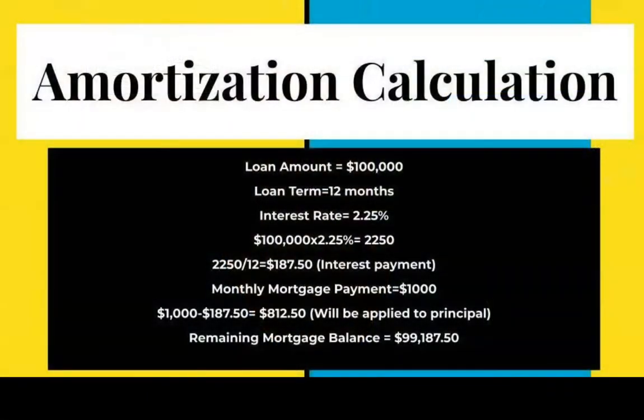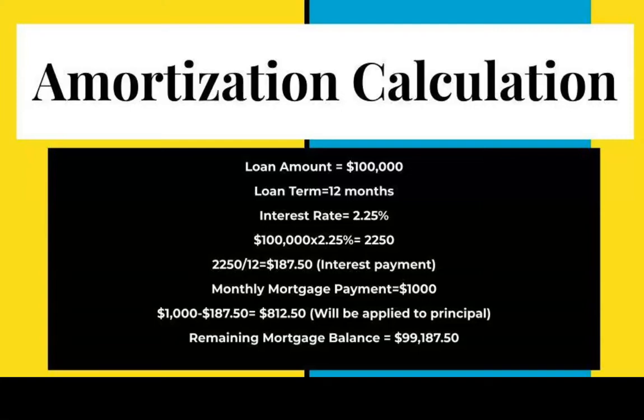And I just wanted to finish this up with giving you an idea of how to calculate interest payments on an amortization schedule. So we're going to go ahead and continue to use the $100,000 loan amount, because like I said, that's a round number and it's easier for people to wrap their heads around rounded numbers. So we're going to have a loan amount of $100,000. The loan term is going to be 12 months, and I just use that so we can keep the numbers small. And our interest rate is going to be 2.25%.